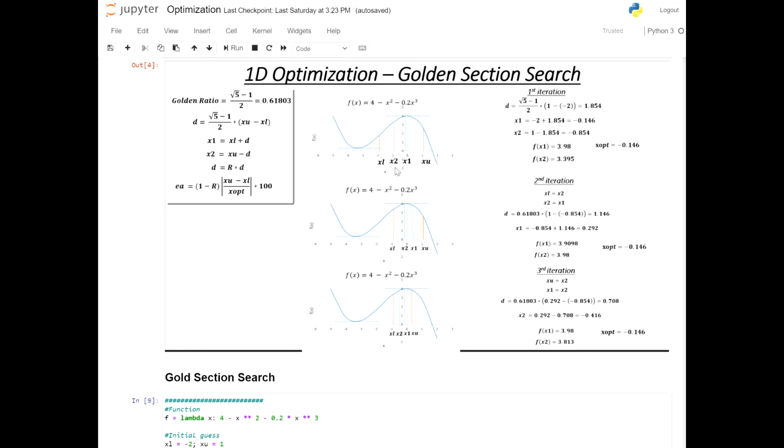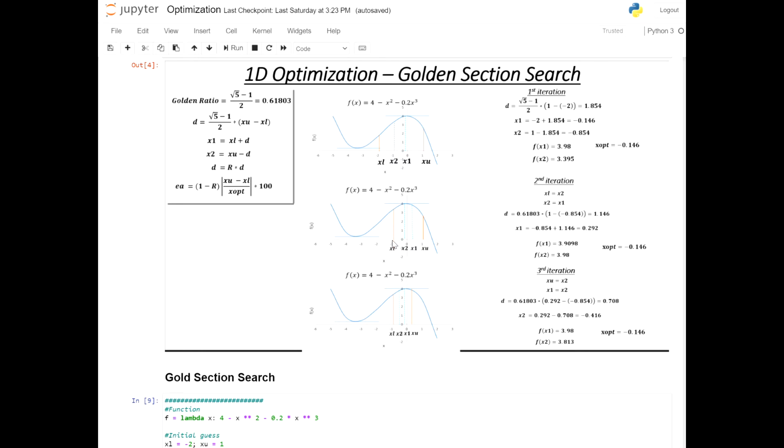And since we're dealing with a maximum, we're interested in the x value corresponding to the greatest function value. In other words, here the greatest function value is f of x1, which means the optimum corresponds to that x1 at 0.146. So after we do that, we pick the section in which the optimum is. So the section in which x1 is, x2 and the upper limit, and we do the appropriate